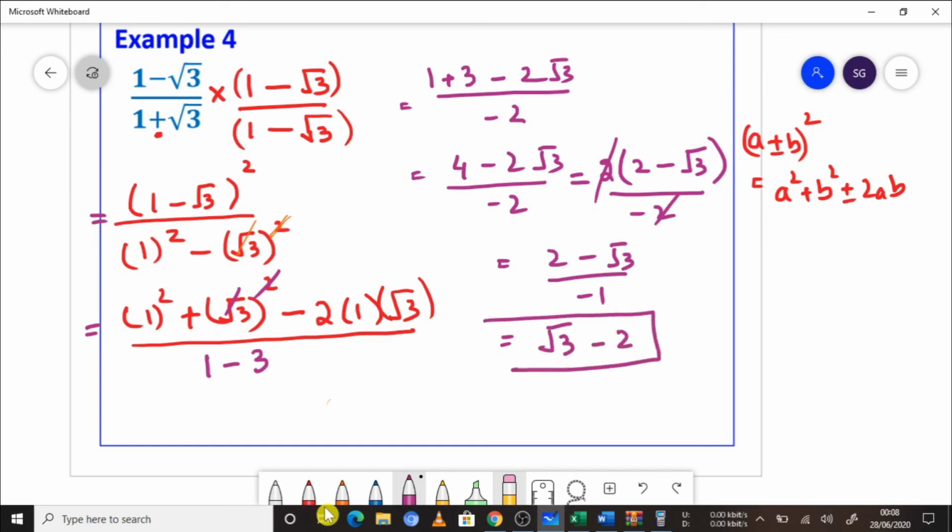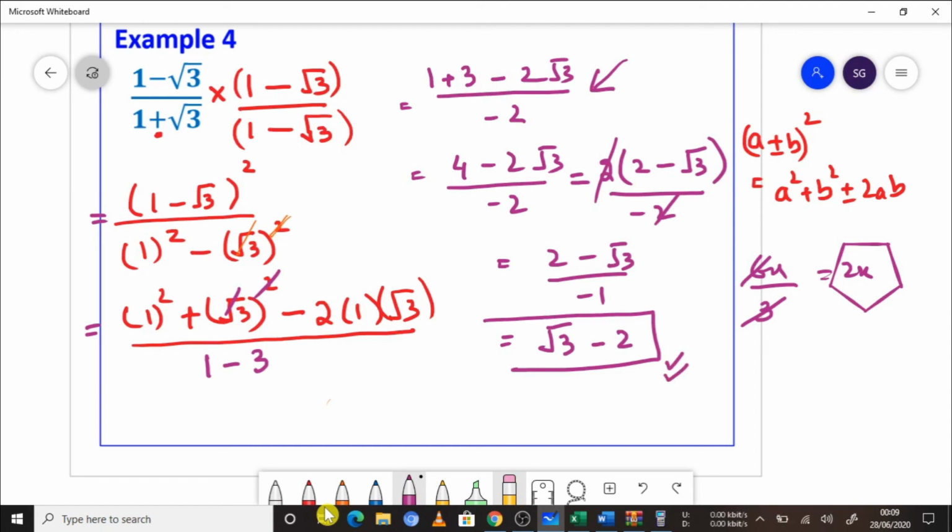And guys, this is the best answer, the best form of the answer. Although you had already achieved your goal here, that you had made the denominator a rational number. But remember, whenever we have a fractional answer, it should be in the simplest form. Simplest form means, for example, if I give you 6x over 3, you have to do that cancellation, and any cancellation possible has to be done, and after that your final answer will be considered. Similarly here, if there is any cancellation of common factors, first I factorize them and then I cancel the common factors, and once done with that, then is my final answer, and this is the most appropriate answer for this.